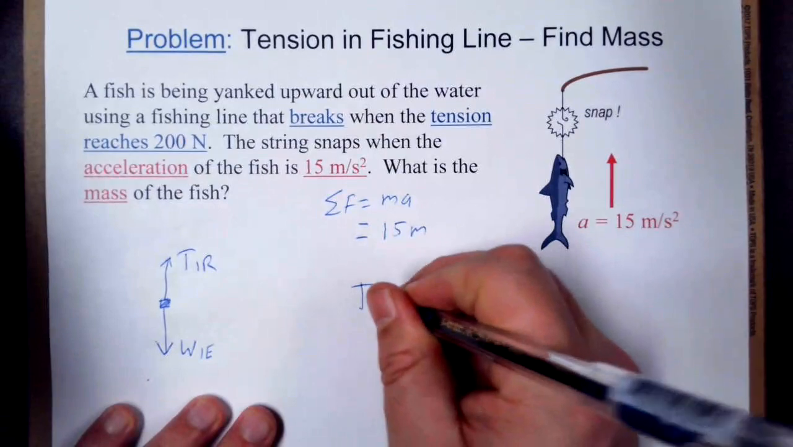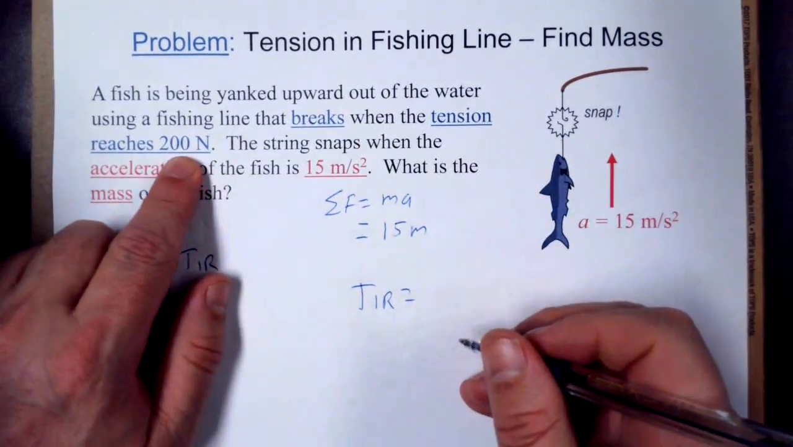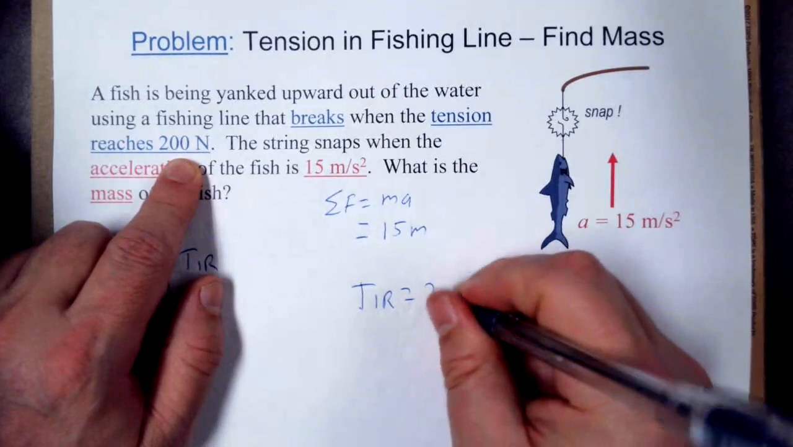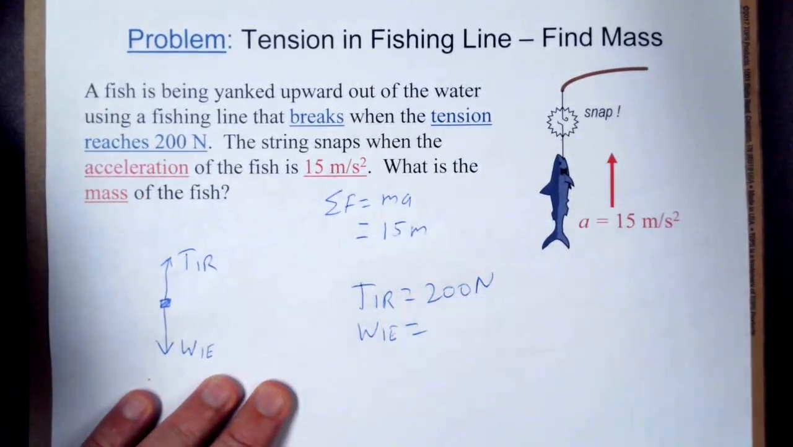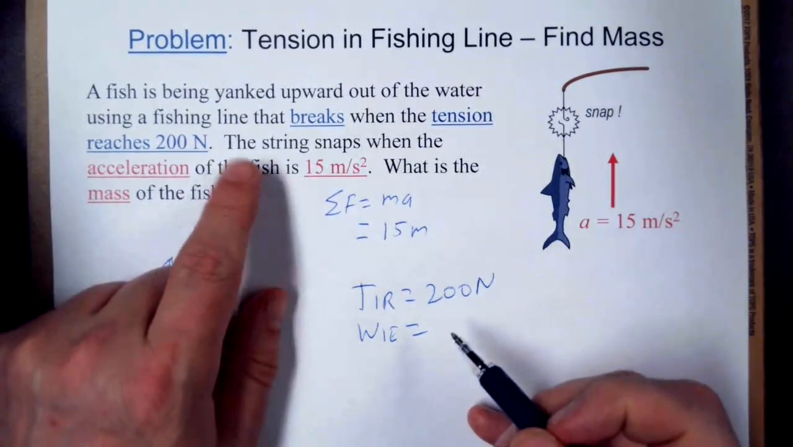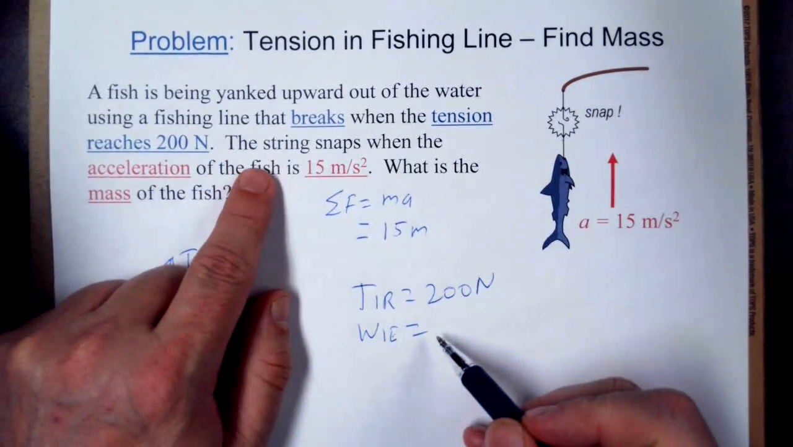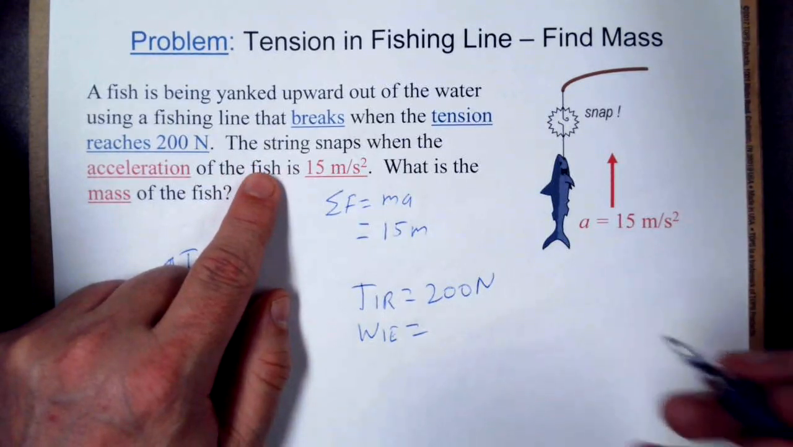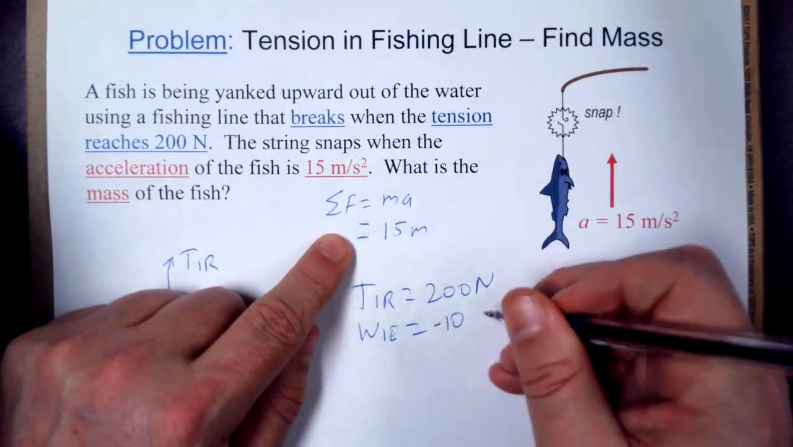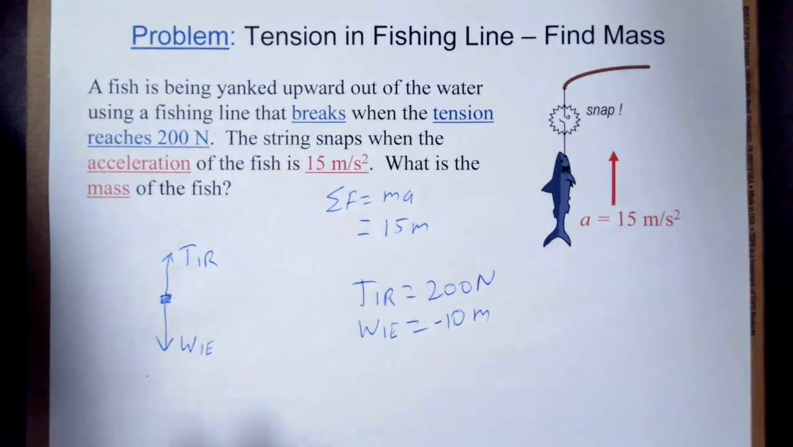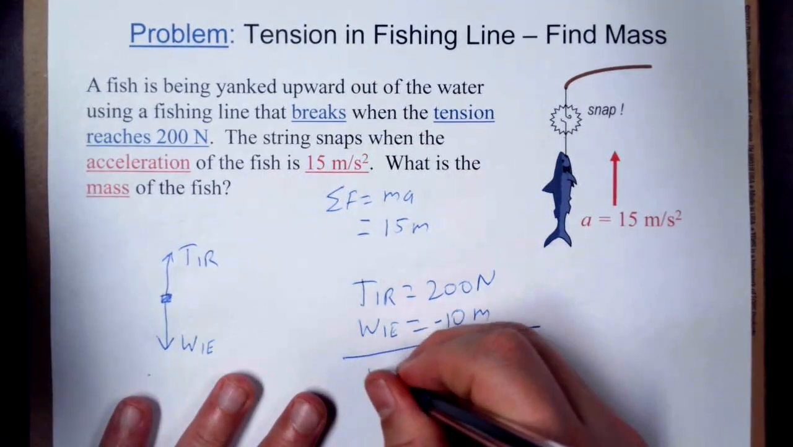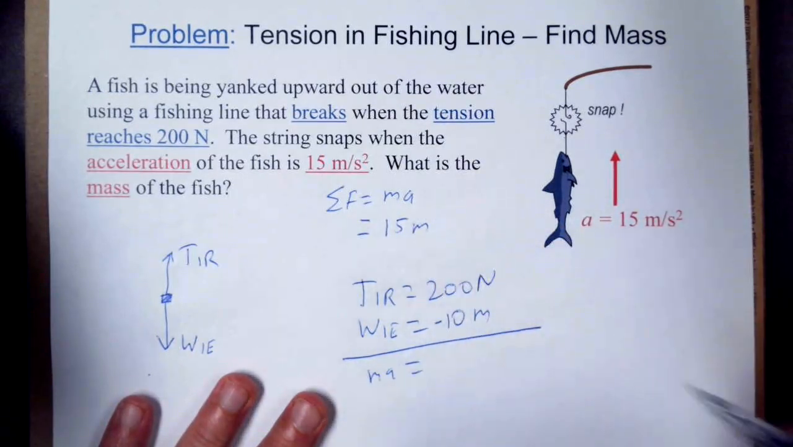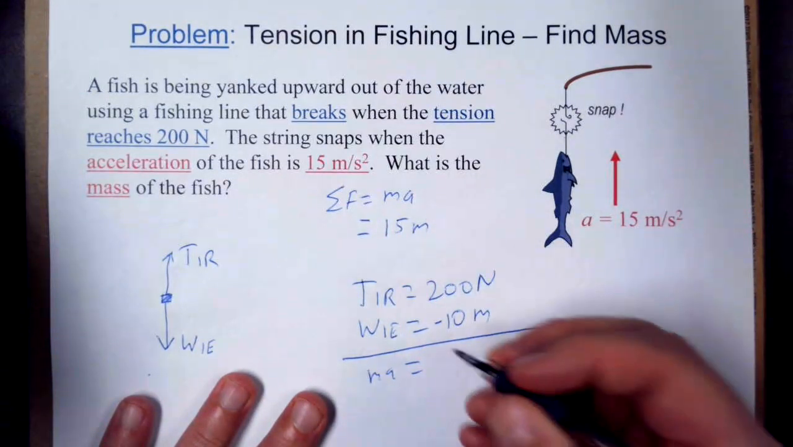So let's do our forces. We've got the tension. The tension is pointing up, and it is 200 newtons. And then the weight force here, again, we don't know exactly what it is, but we know that it is negative mg, so it's going to be negative 10 times the mass of our fish. I'm just going to use m as a variable for the mass of our fish here, and so that means that if we add these together, this is mass times acceleration, so this is going to add up to be